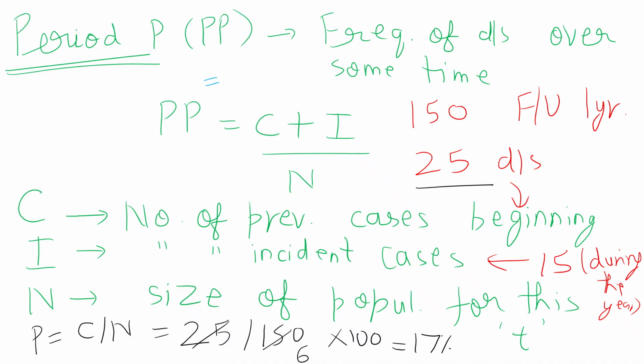Then talking about period prevalence, to make this crystal clear. Period prevalence is equal to C plus I upon N. 25 plus 15, C is this, I is the incidence, upon 150. That is 40 by 150 into 100. This comes out to be 27%. Okay. Now some important points for you to know. First point is